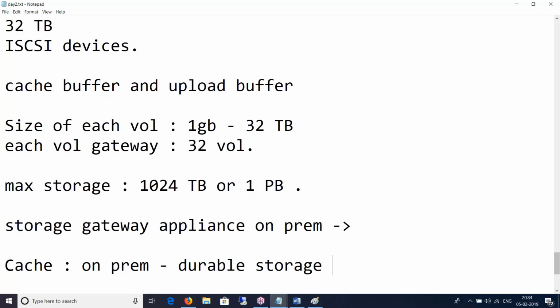And if any of your servers or applications need access to the data, that data will first be looked into the cache storage, and then later on the transactions are sent to S3. We just spoke about the upload buffer as well. So the upload buffer